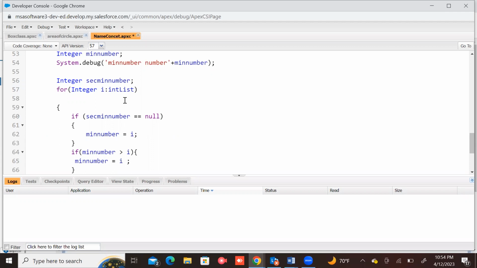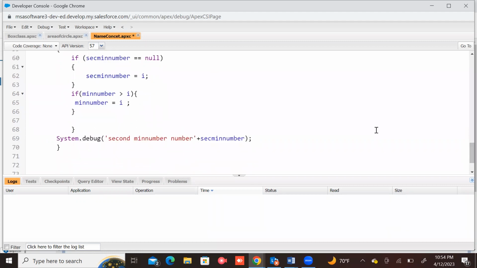That's fine. Now, line 60 is to check if sem number is null, and after null, oh no, you know what? That's fine. Now in line 62, write SEC there before M. SEC. Okay. So we place that number,